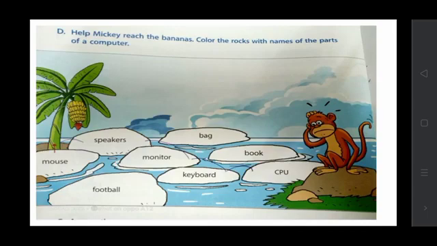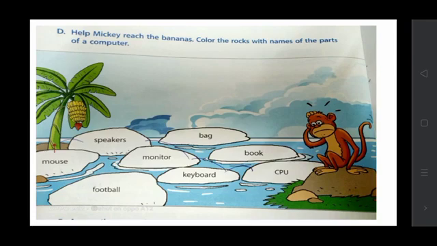Then help Mickey reach the banana. Color the rocks with the names of the parts of the computer. The monkey has to reach the banana tree, but it will jump only on computer parts.